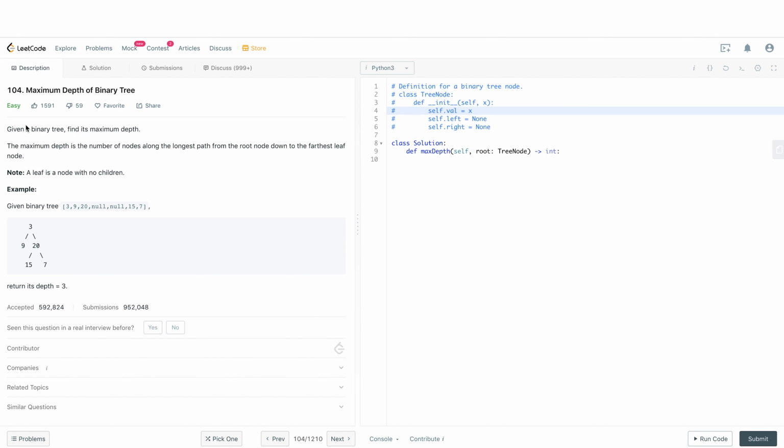Maximum depth of a tree. Given a binary tree, find its maximum depth. The maximum depth is the number of nodes along the longest path from the root down to the furthest leaf node. Okay, cool. So for example, if we see this tree, 3, 9, 20, 15, 7, the depth should be